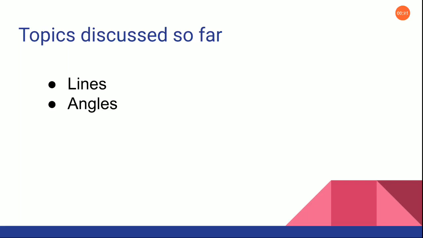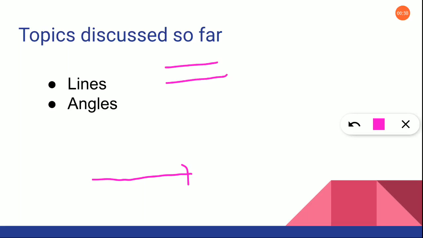So now we know how to construct a line. If we are giving you a line segment value, you will construct a line using a compass and a scale, right? And then the next thing is different types of lines. If it is like this, what type of line is it? It is a parallel line. Very good. And then if it is like this, what type of line is it? It is a perpendicular line. And then if the lines are like this, meeting at one point, what is the line? It is called intersecting lines. Okay, and did we learn any other lines?